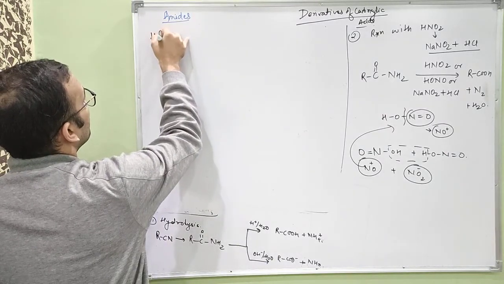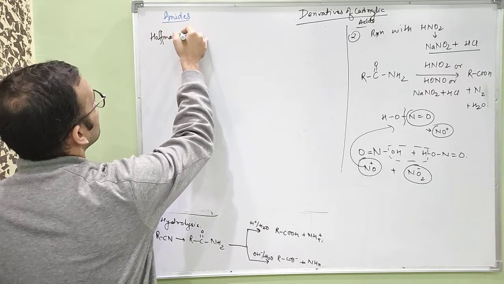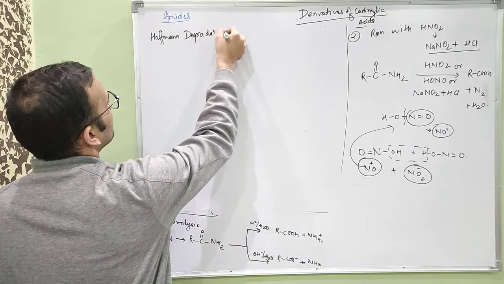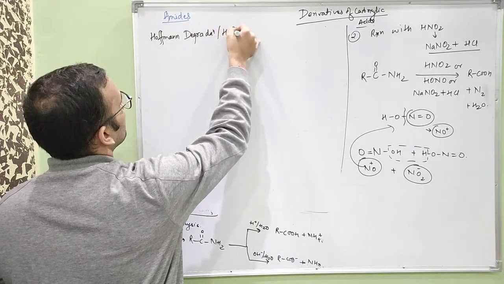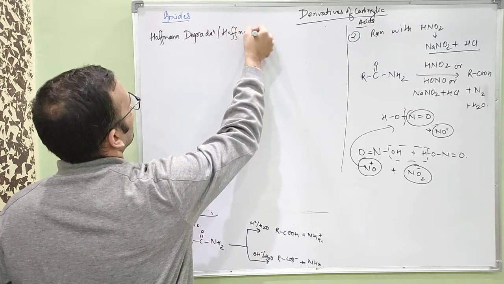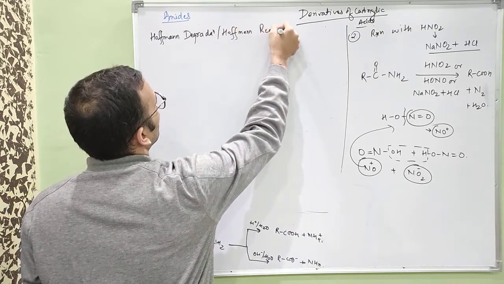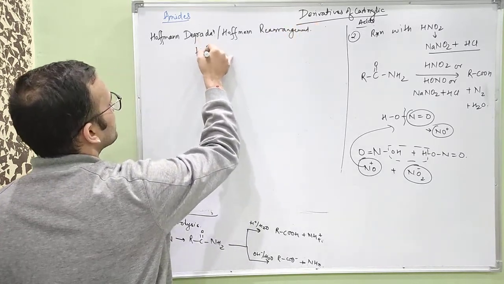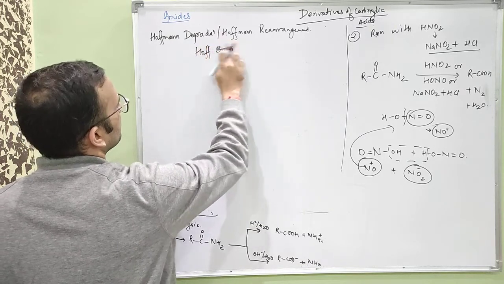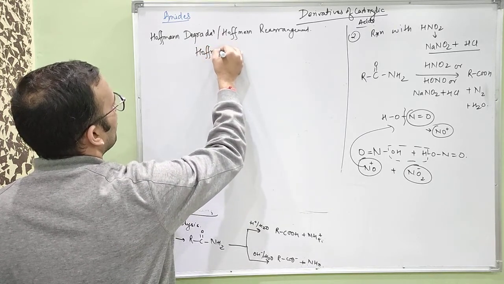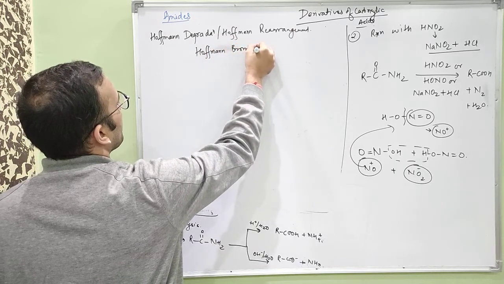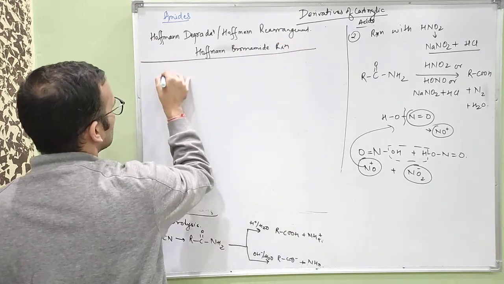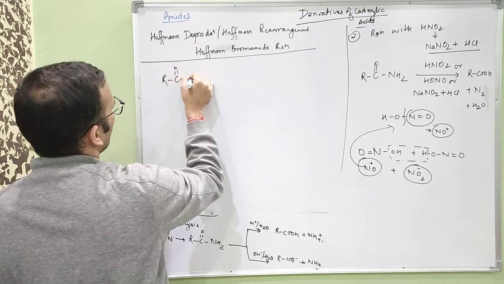This is a very, very important reaction. In this reaction, we can call it Hoffman degradation, Hoffman rearrangement, or Hoffman bromamide reaction. Okay, so in this reaction what we get is an RC double bond O NH2, an amide, when it